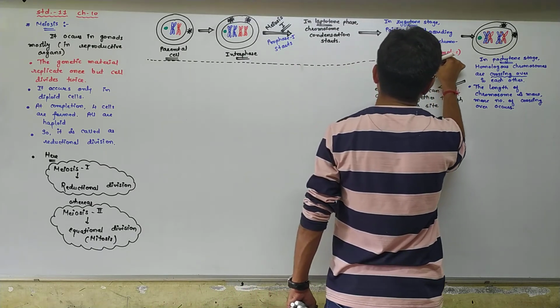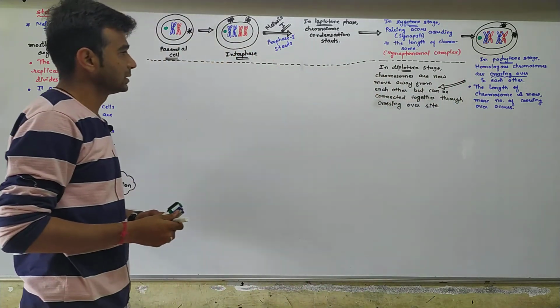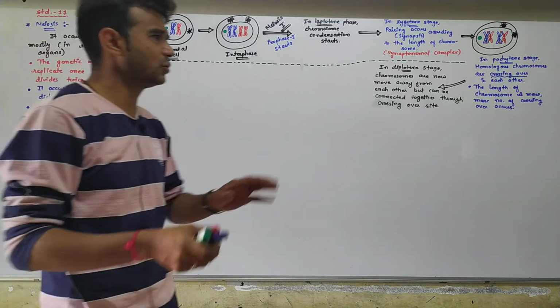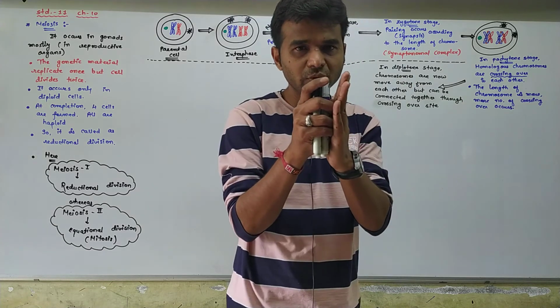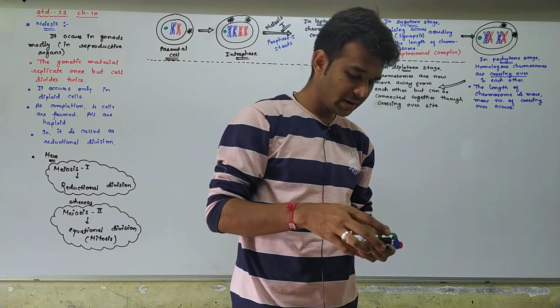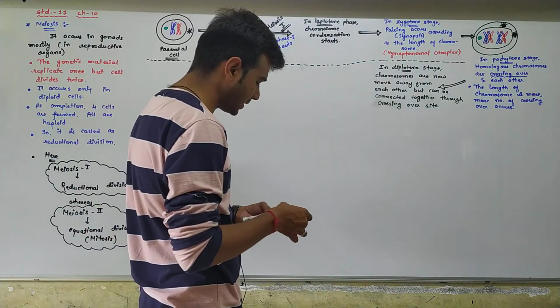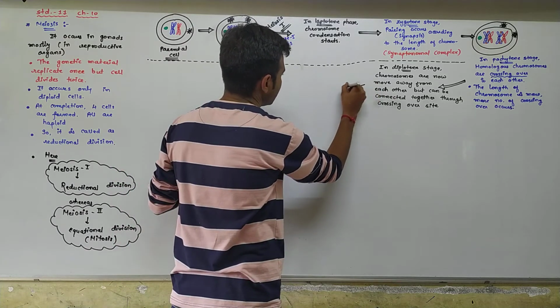Okay, but they can be connected with each other at the crossing over site. So there is no change in that diagram. So a little bit you show the chromosomes slightly away from each other. But now the next diagram is very important, the diakinesis stage. So many points are here.